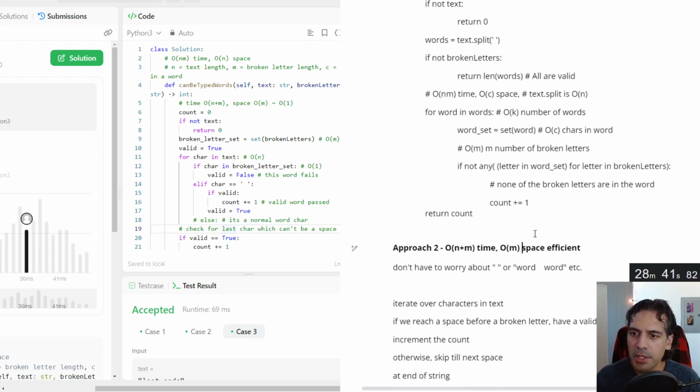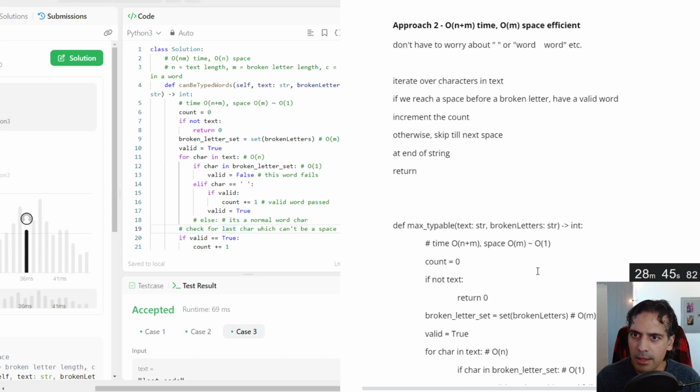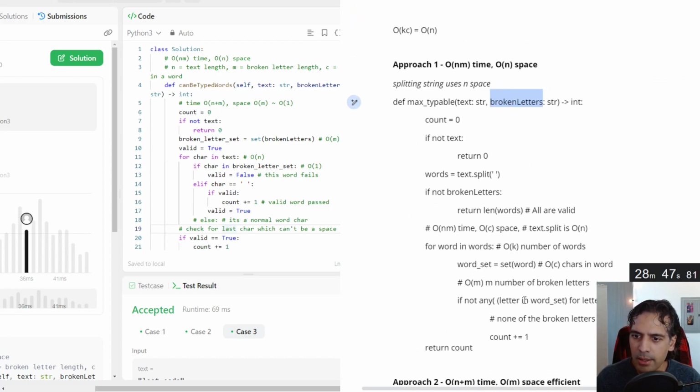I think we could have also applied this concept of a set of the broken letters in approach 1 somehow. We're doing a set for each letter in the words, because as we go for letter, and so here instead of doing for letter in broken letters, we do for letter in word set.